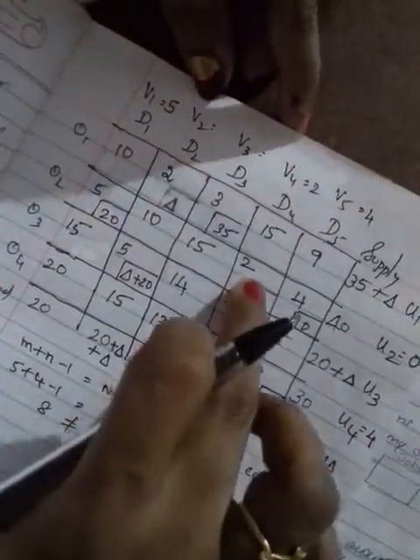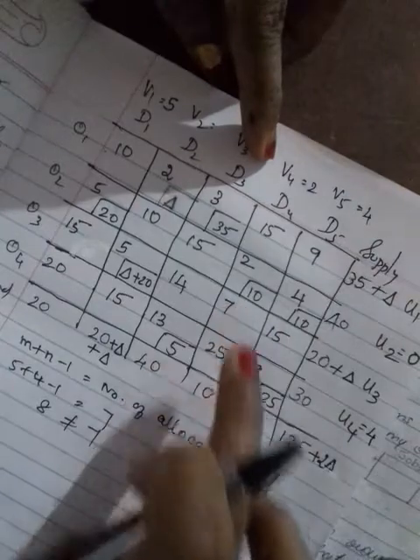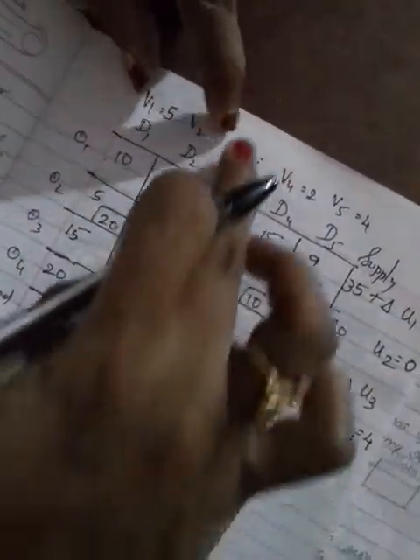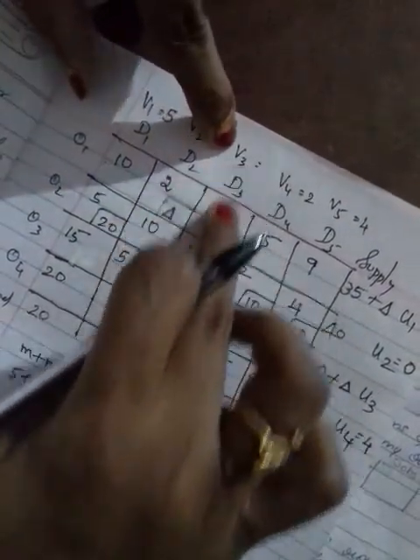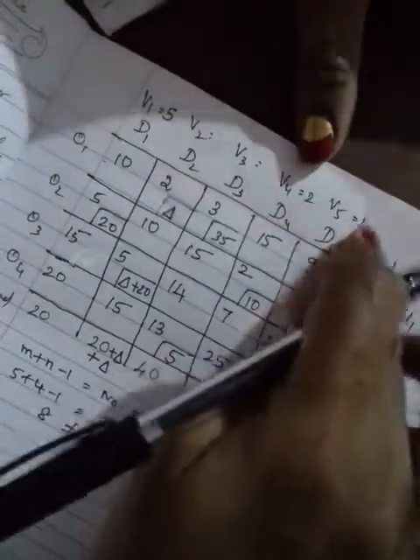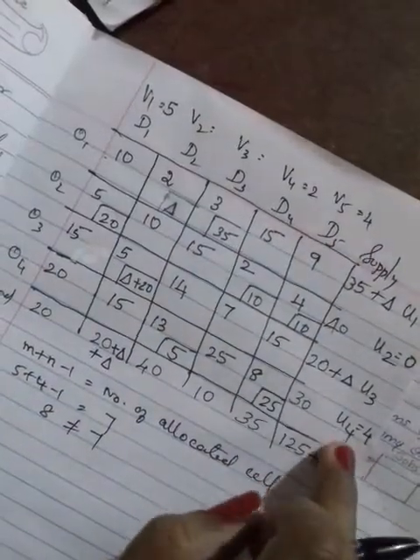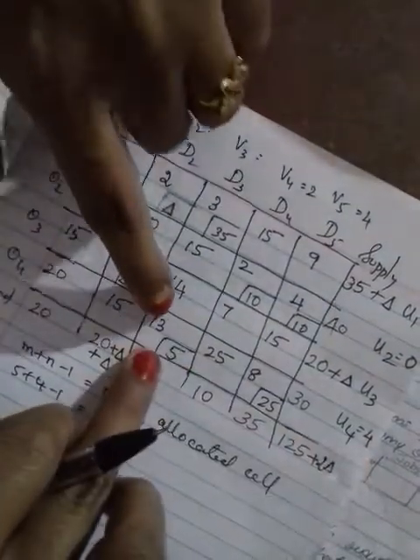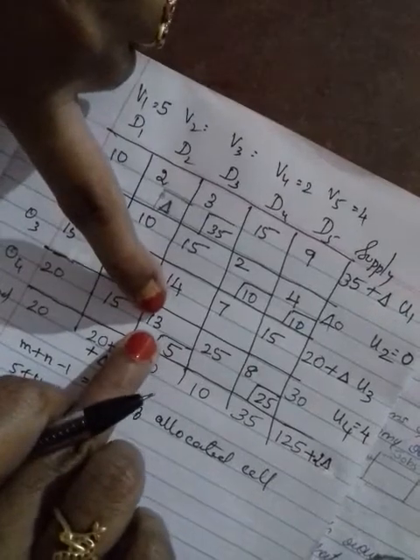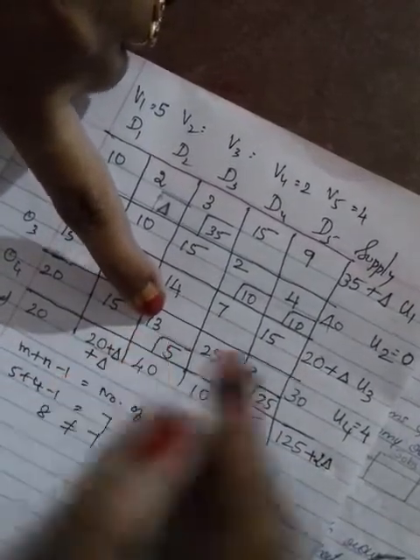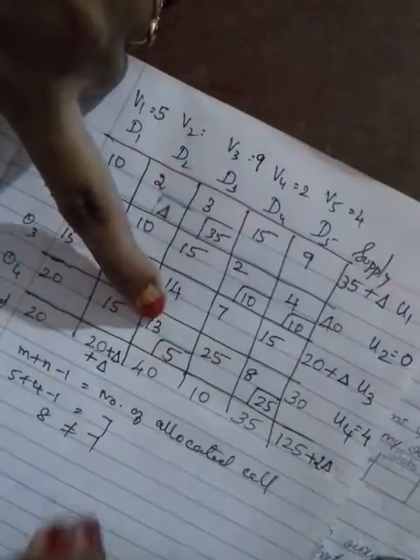Then we can use this cell to find out the next value. We already found this value. So we will do this one, v3. We have only 2 values, so we found u4, no? With the help of u4 we can find out v3 and v2. So the cost is 13. 13 minus 4 is 9. So here you can write 9.